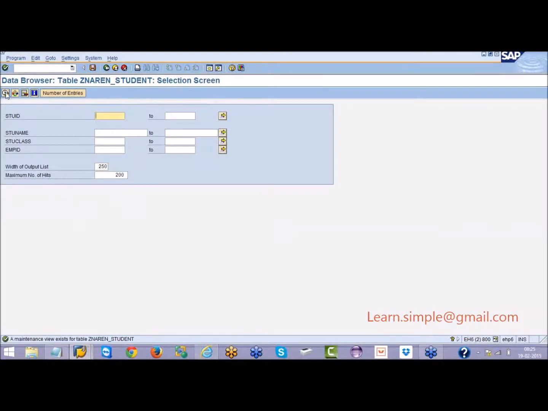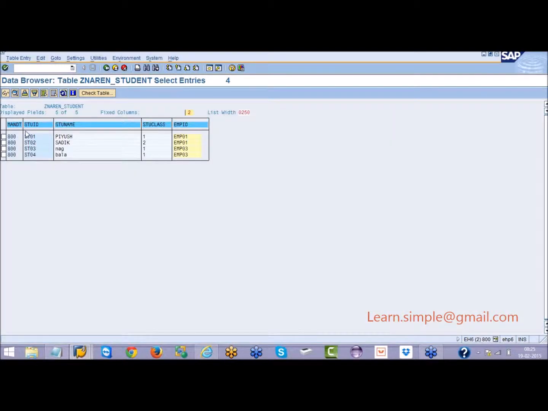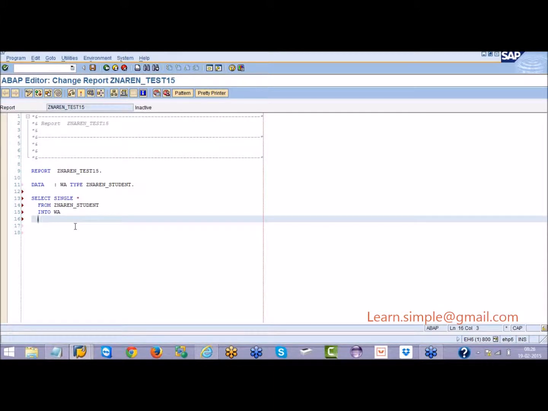In this table we have several records. See, student 01 has a record, 02 has a record. 4 records we have in this table. Among these 4, which record do you want to bring? Do you want to bring student 1 related, or 2 or 3? Which student related record do you want to bring? You can always say it with a where condition.